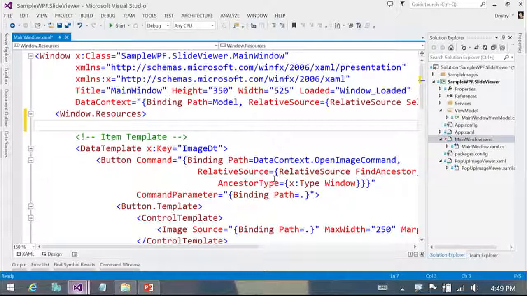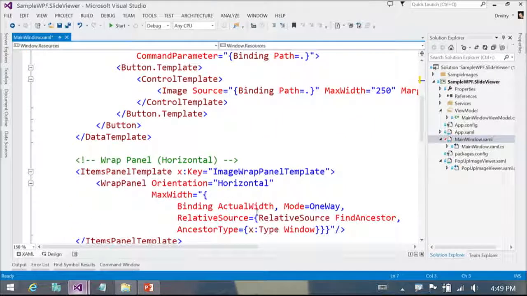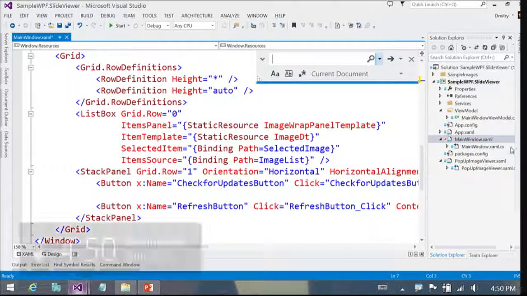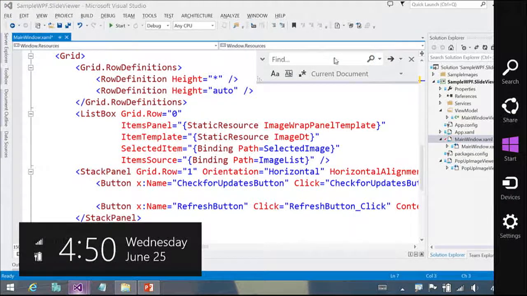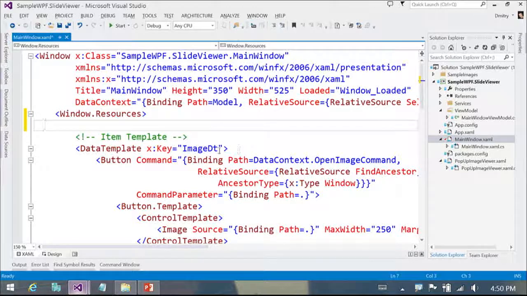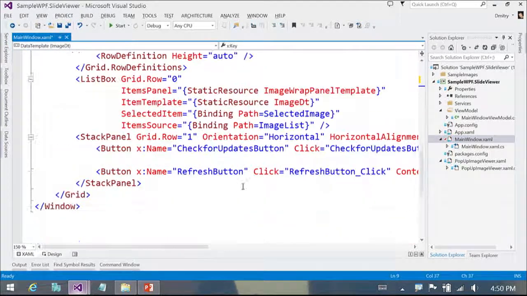We also added the capability to go to definition, which is very, very powerful. So let me show you what that looks like. So here I have a data template that I'm using. Let me find where it is. Image, there you go. So this is the data template, and if I scroll down to where it's actually being